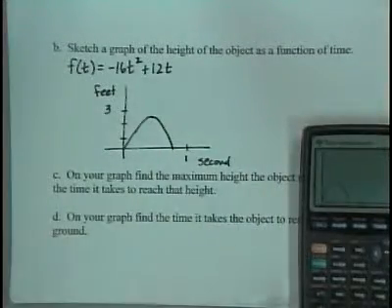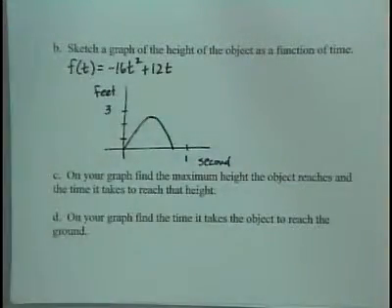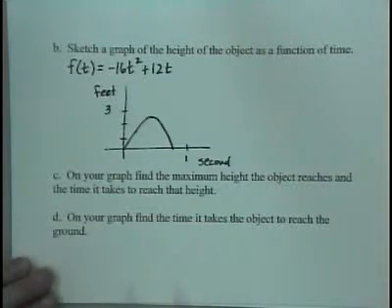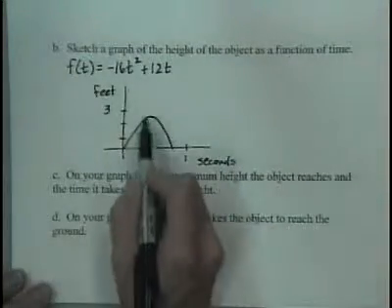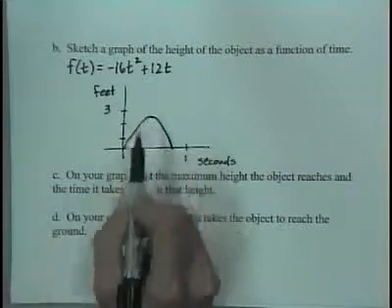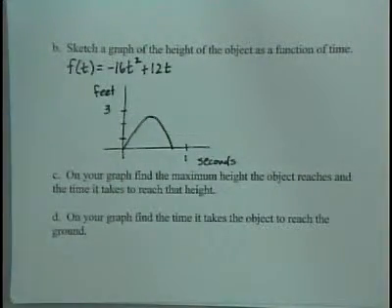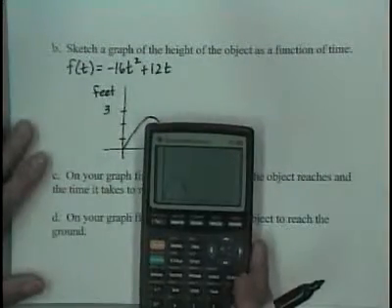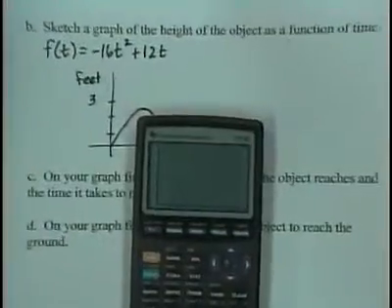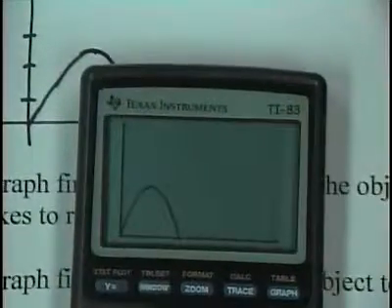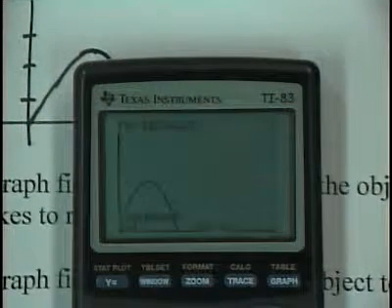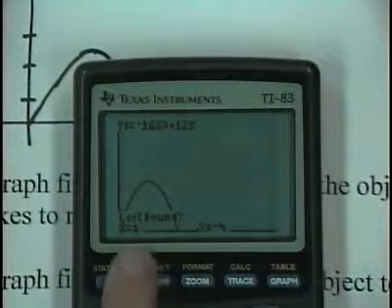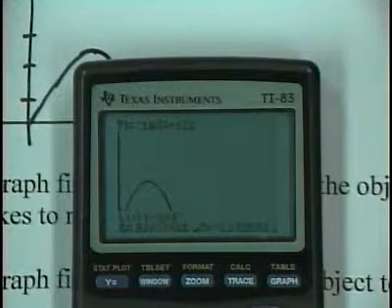Now what we want to do is, on our graph, find the maximum height the object reaches and the time it takes to reach that height. What that means is find the vertex. Well, let's use that maximum option on the calculator. Here's our graph. We're going to choose second calc, option 4, and now I need to go to the left